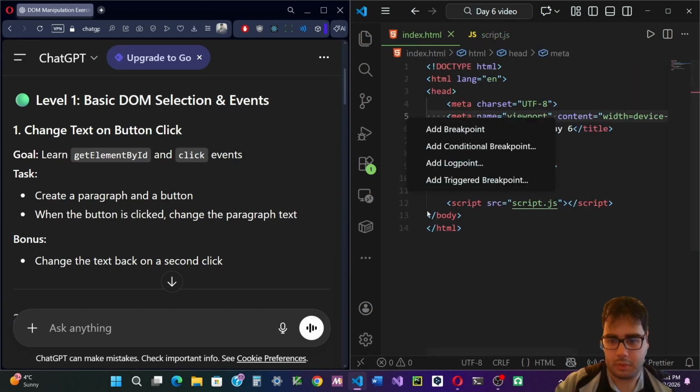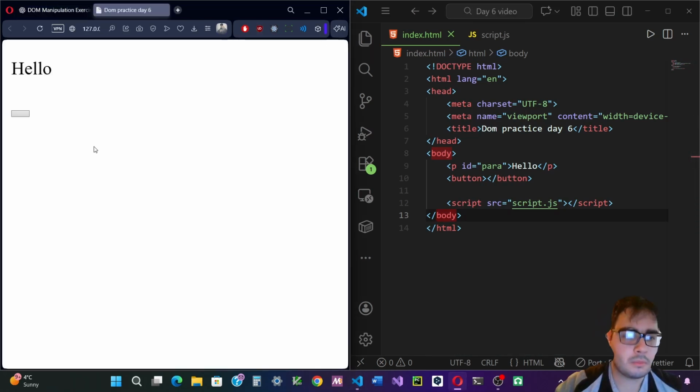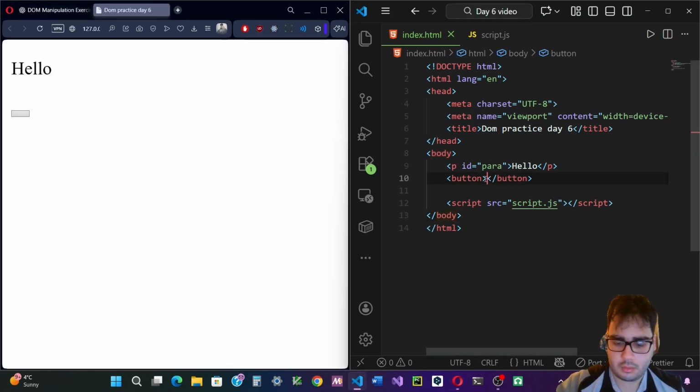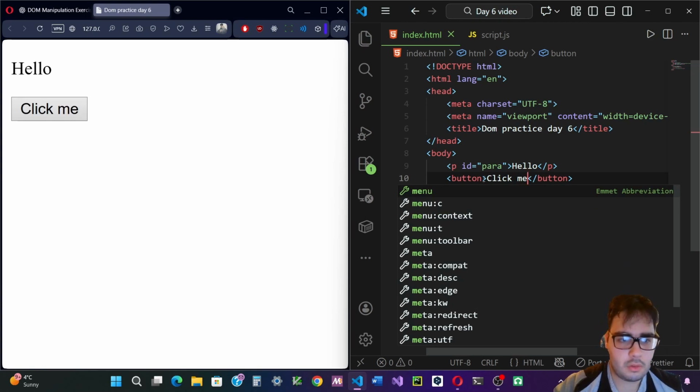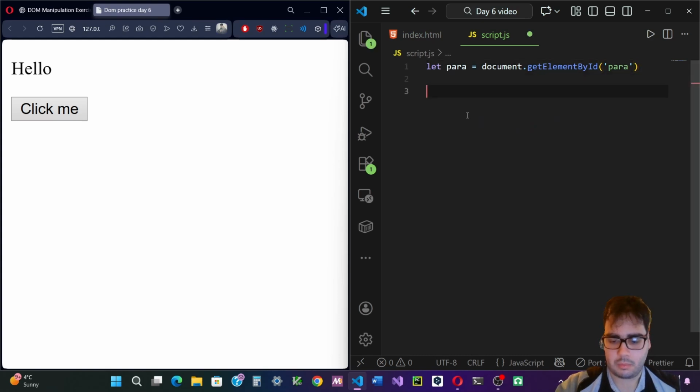I haven't even opened the live server though. Okay, I have to say click me. And let's have clicked equal to false. I'm gonna have the button